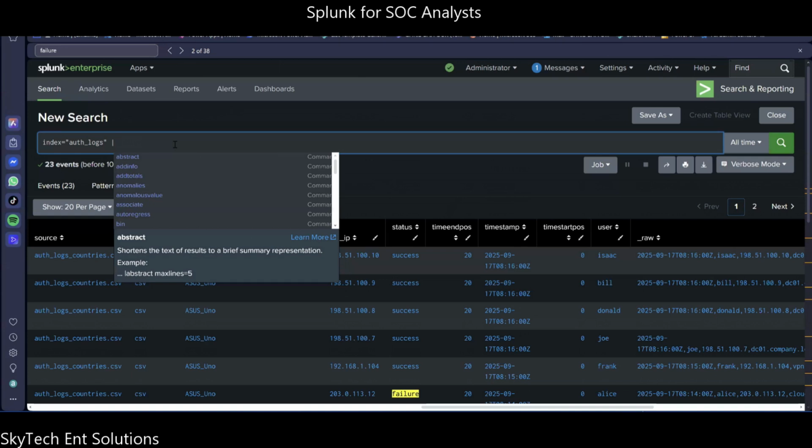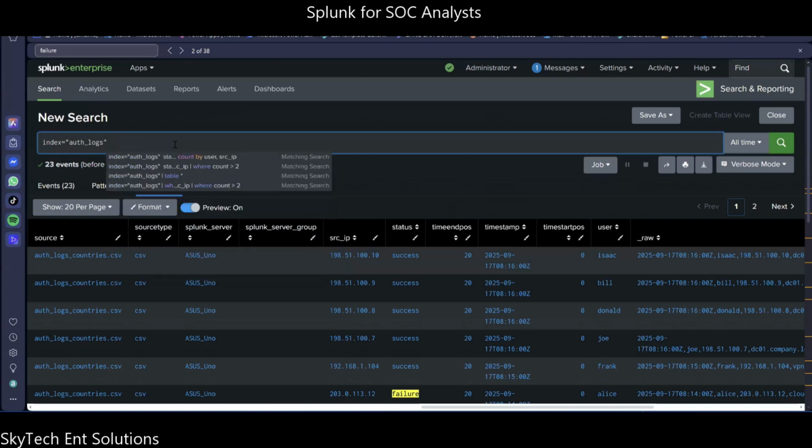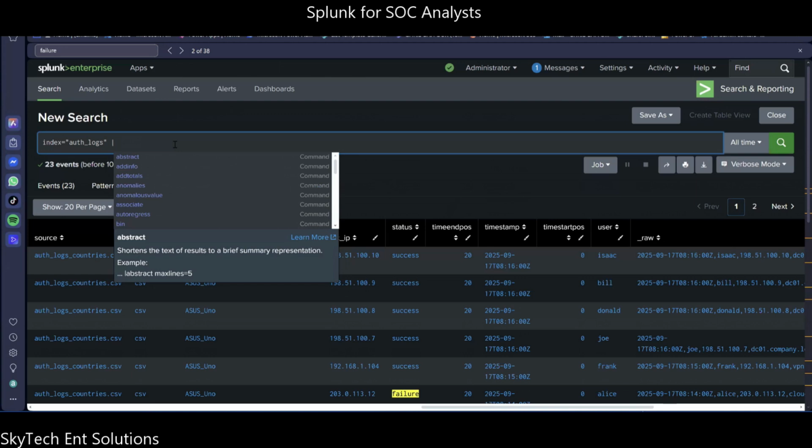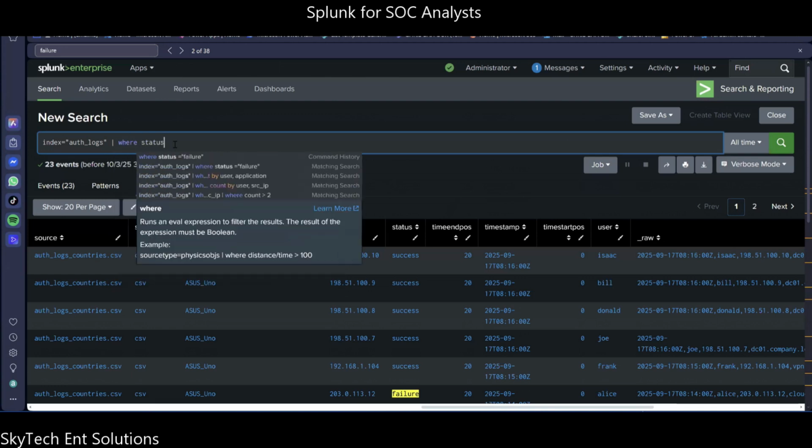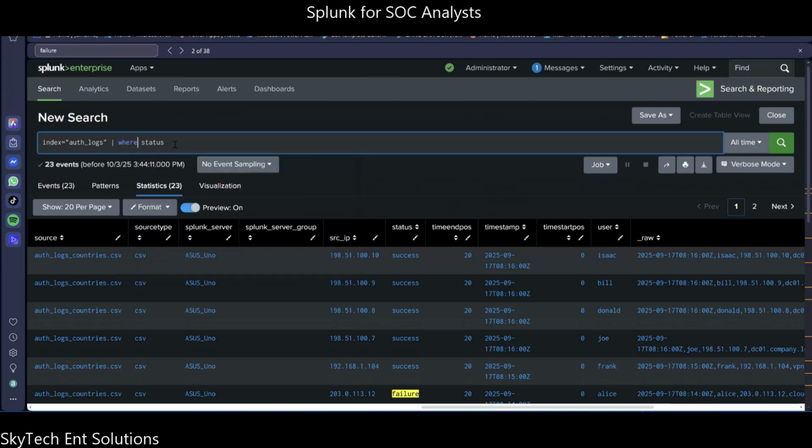So here I can do pipe. Pipe means you're chaining commands. So the first command was index equals auth logs: go get me all the data in the auth logs. And then the next command is where. So where is a command itself. That's why it's color coded. Splunk has reserved it as a special word, even though it's an English word. And status is a column. So where status equals